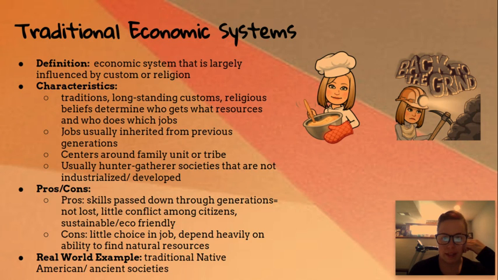It depends on what size economic system it is, but basically if your family works together as a unit, you try and provide resources for each other based on who's in your family. And it's usually an extended family, not just your mom, your dad, your brother and sister. It's usually grandparents, aunts and uncles, cousins, and you all do different jobs in order to help each other out. It's usually hunter-gatherer societies that aren't really developed yet.